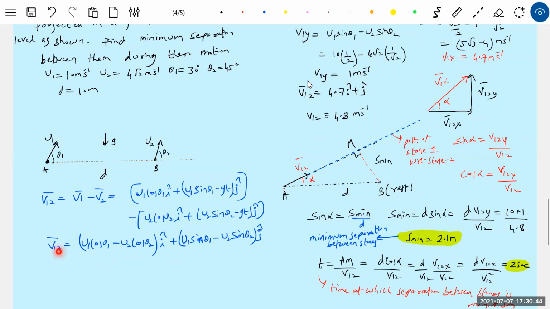But sir, are you sure? You should have written the initial velocity vector. No, it's the velocity at any time t. What is the basic idea of this? All this is a numerical of uniform velocity motion. When stone 1 looks at stone 2, it feels that it is moving with a constant, uniform velocity. That's why time has nowhere come into the picture here. See, V12 bar.